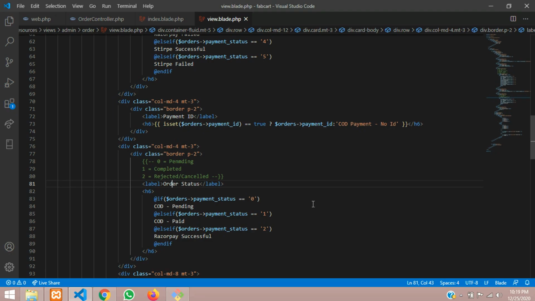So let us just paste that over here. Instead of payment status, we will tell order_status. So let us copy this and paste it again. So 1, 2. So 0 means it is told as pending, and second will be as completed, and the third one will be known as rejected or cancelled.